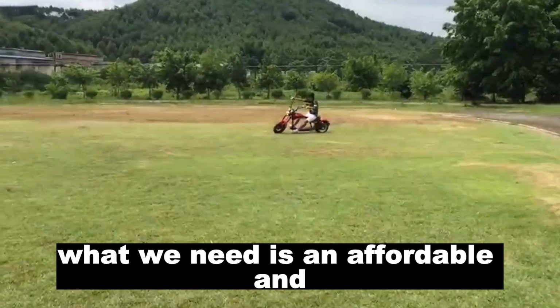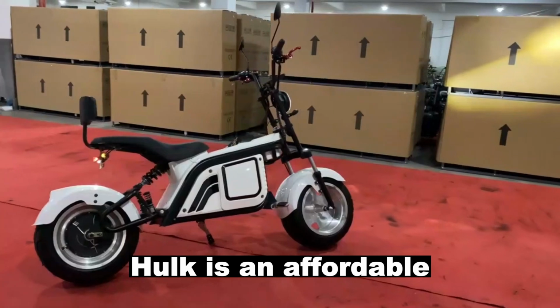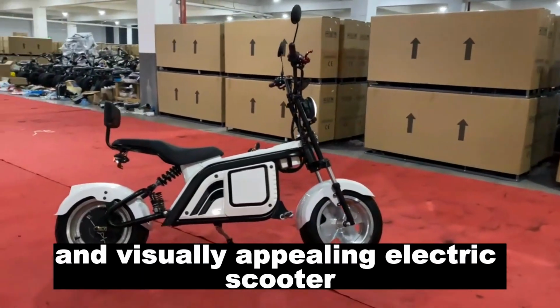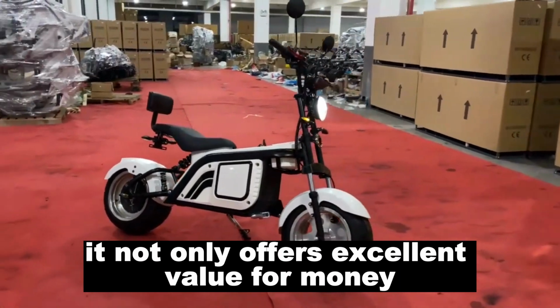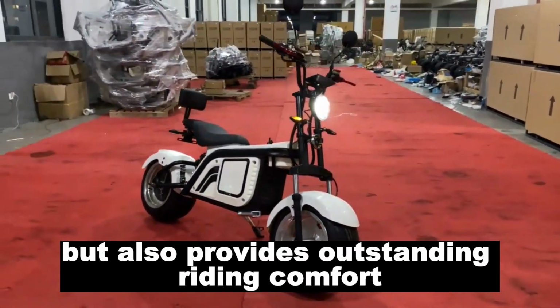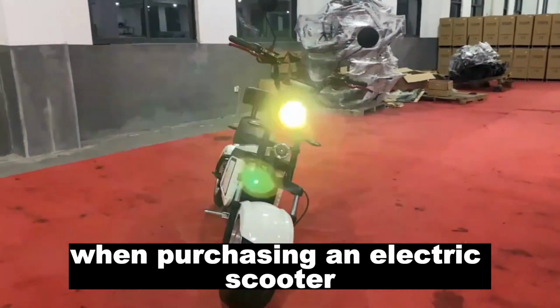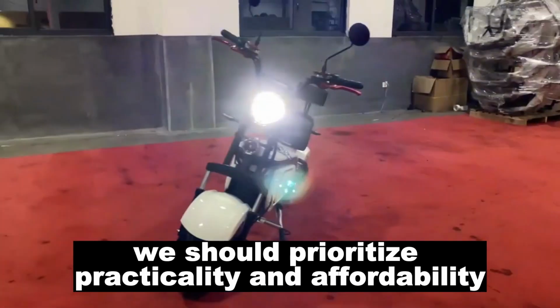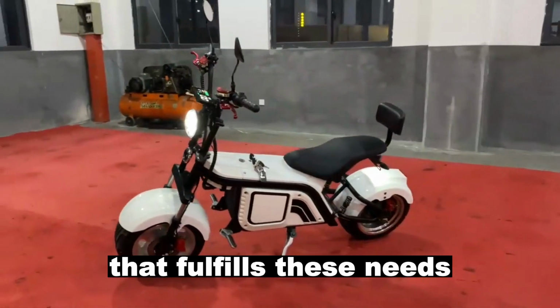What we need is an affordable and decent-looking electric scooter, and Hulk is an affordable and visually appealing electric scooter. It not only offers excellent value for money but also provides outstanding riding comfort. When purchasing an electric scooter, we should prioritize practicality and affordability, and Hulk is an exceptional choice that fulfills these